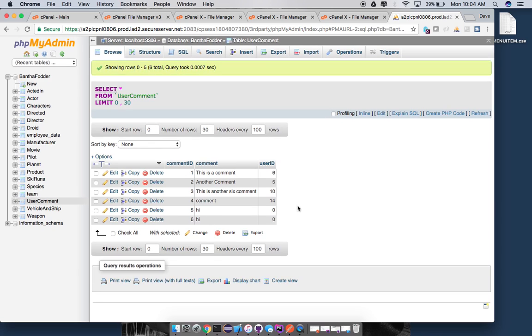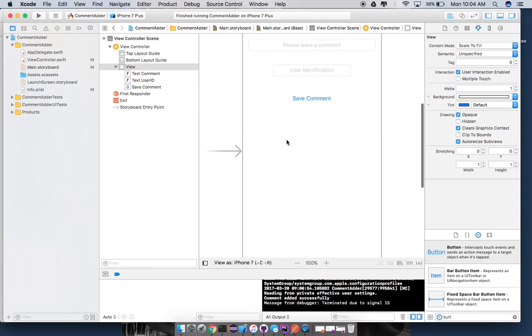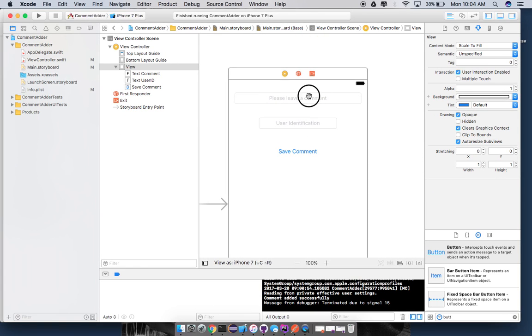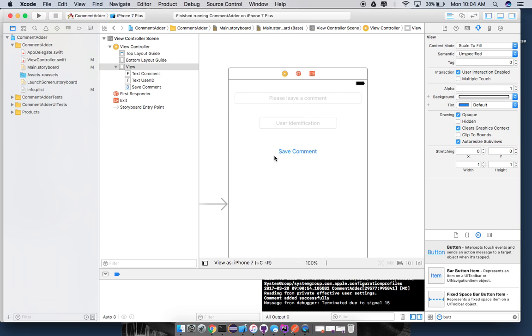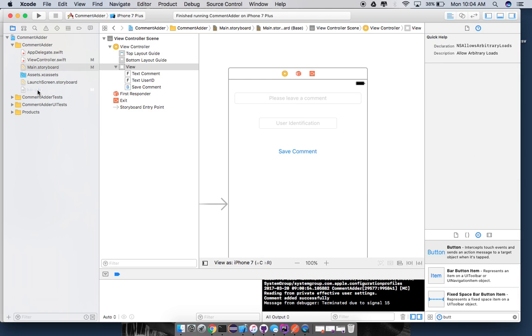Okay, now on to the, here's the database. As I said, it looks like somebody's added a couple entries to it, which shows success, but I'll take you through it anyway. We're going to go to Xcode. So this is just the storyboard here. Simple text box, simple button. There's a couple things that you're going to need to do to make this button work. The database is not secured, and so when you pull that Xcode project up off GitHub, you're going to have to access this